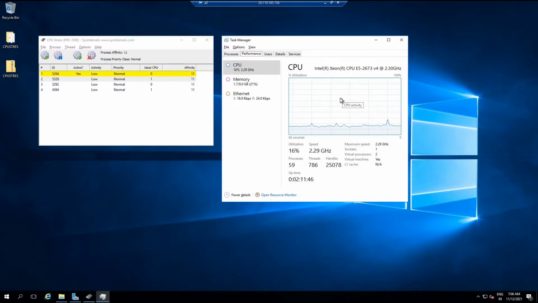16% on average, and I am using a tool to simulate the high CPU scenario. I am using a tool called CPU Stress. This tool is from Sysinternals, and now I am going to increase the load and activate the threads.